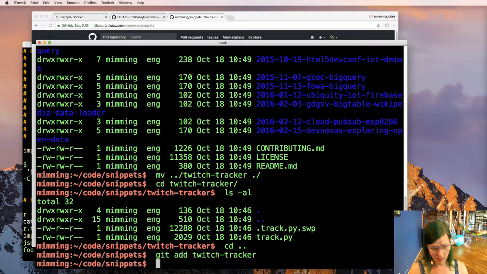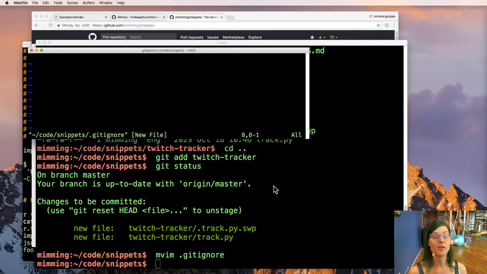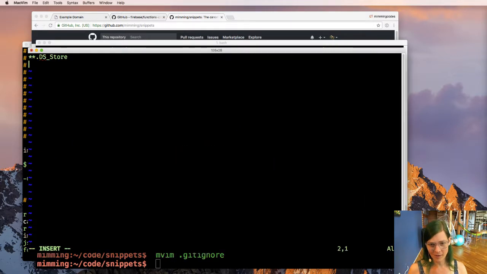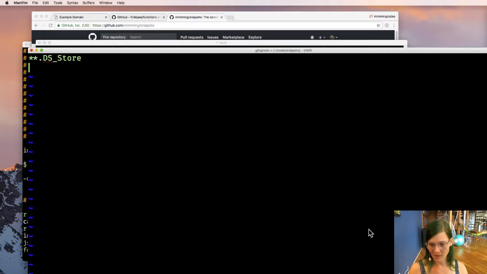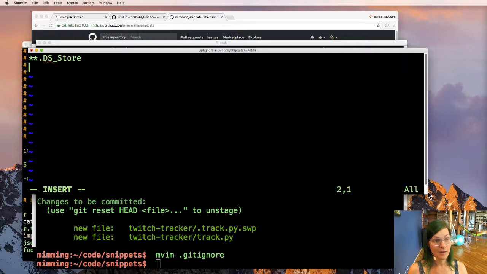Twitch tracker. Did it add the swap file? It did add the swap file. I don't think you want my Vim swap files. And there's no gitignore in this project. Wow. Okay. Well, let's remove those cursed DS_Store files that Mac OS, or OS X as I will always call it, jams in there.